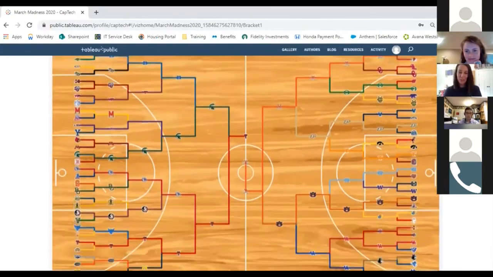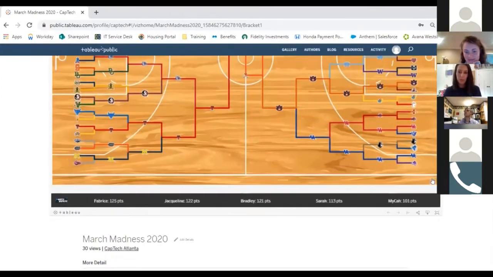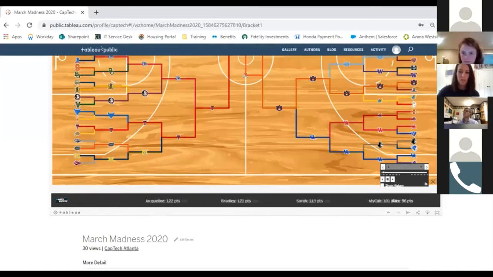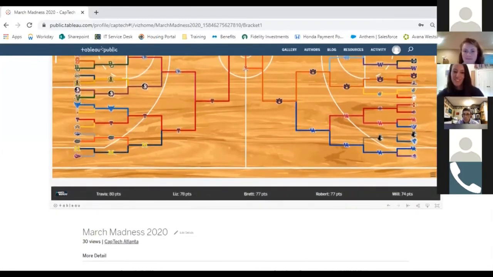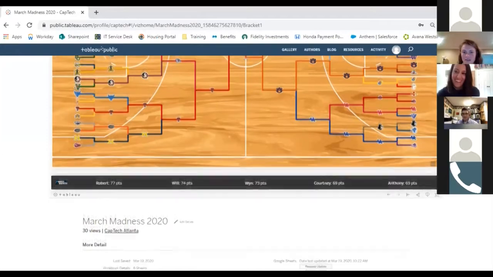And then towards the bottom, we were trying to stick to that theme of let's make something that looks like SportsCenter or ESPN or something like that. And we used animations here to build something like a score ticker that would scroll through and show scores as they're updated. And so as she plays that, it'll cycle through and show the scores of everybody that's participating in the office. That is so cool. So I think that's it for that one.